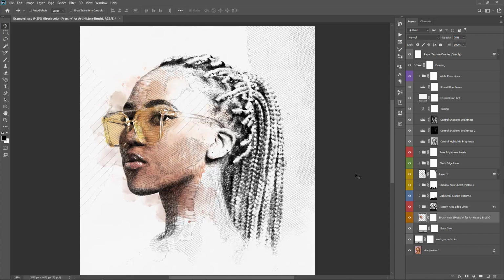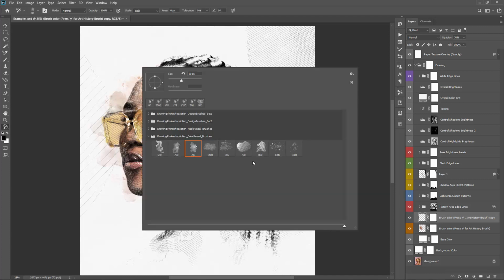If you want to brush over a few different layers, you can just select this and hit Control or Command J. That'll duplicate it. And if you want to delete it all, just hit Control or Command A, select all, then just hit delete. Okay, so I've deleted everything off of that layer. Now I can use a different brush if I want. So I'll select this layer, hit Y again, and let's just say I want to add a few of these